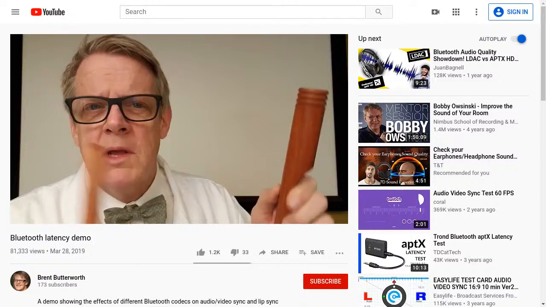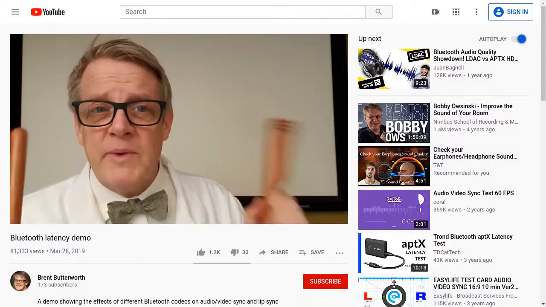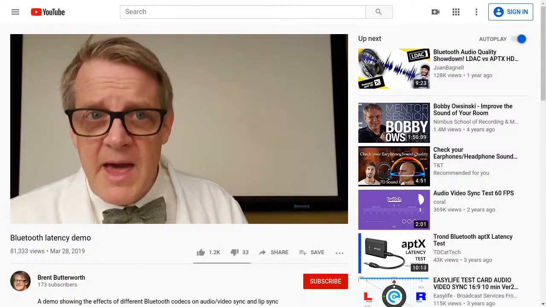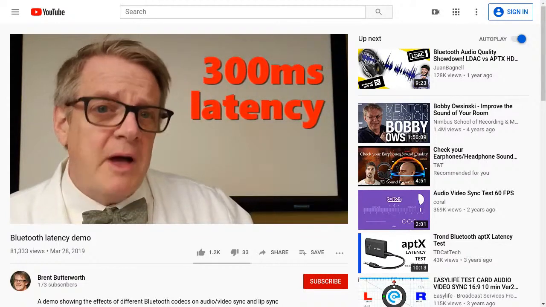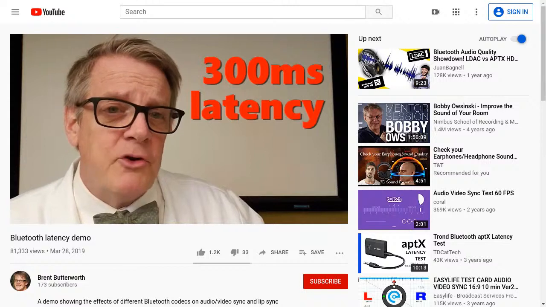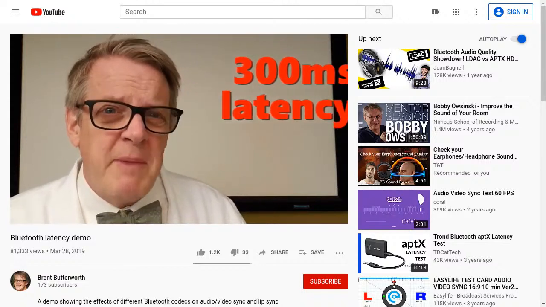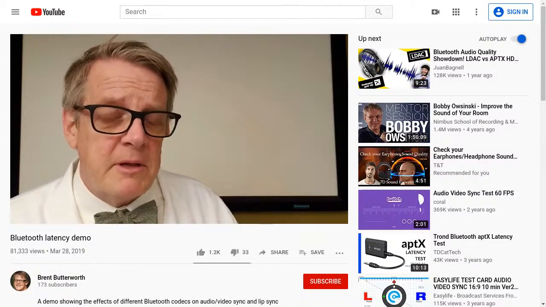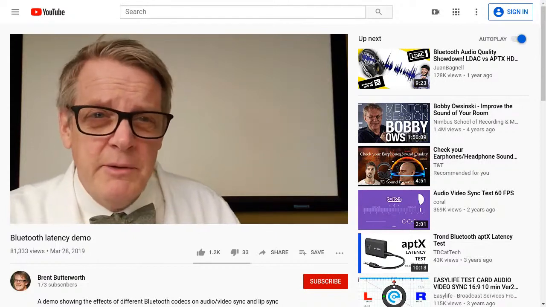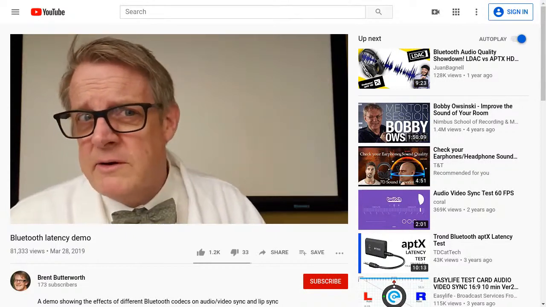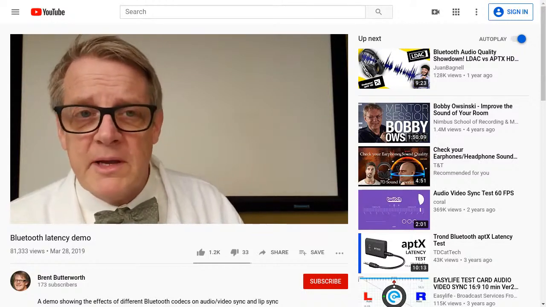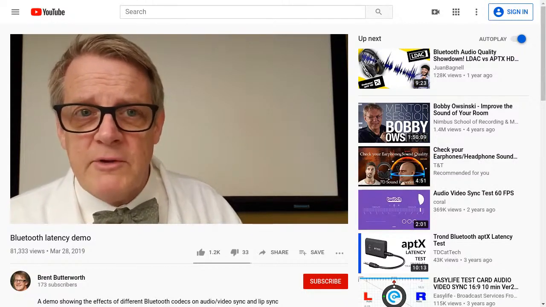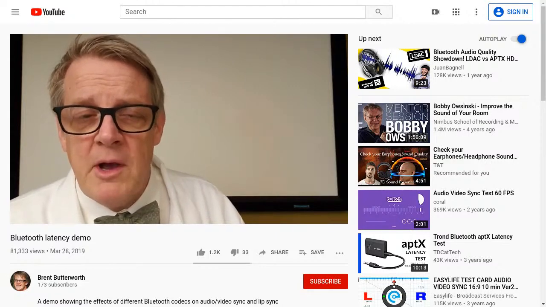Now, let's push it to the limit. Let's go to 300 milliseconds of latency. Now, that is what you probably get if you had some kind of other audio processing on top of the Bluetooth. Like, let's say if you had a Dolby Digital feed, which is about 50 milliseconds of latency typically, going into the Bluetooth. So you're adding another 200 to 250 milliseconds of latency. This is a worst case situation, but it could happen. Now, since we're at 300, you can already start to see that my lips are